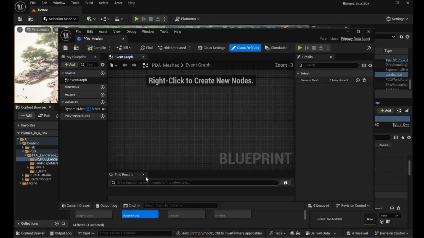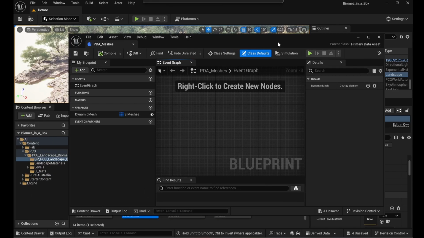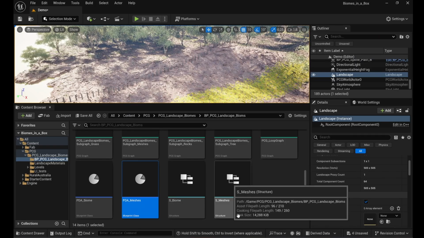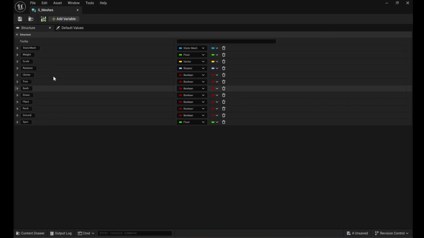It's a blueprint graph, and the only thing that it has is the variable dynamic mesh as meshes. As meshes, it's the structure that is used, and dynamic mesh is also the name of this variable. So where the as mesh lies, it's here, it's a structure, and it defines the way that we see the information. So you see static mesh,